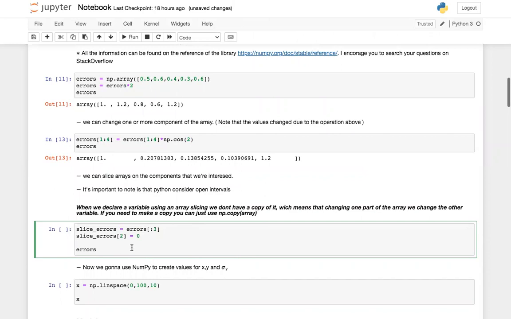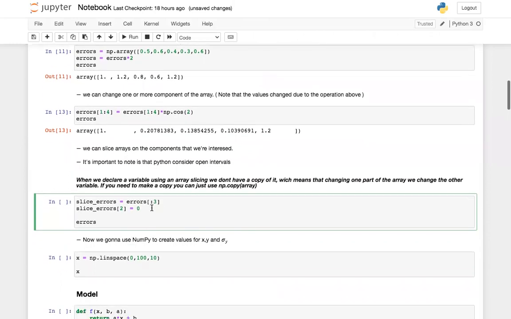more practical, we can see a variable that we're going to create called slice errors. So I will declare this variable equals errors. And when I don't use any number here,